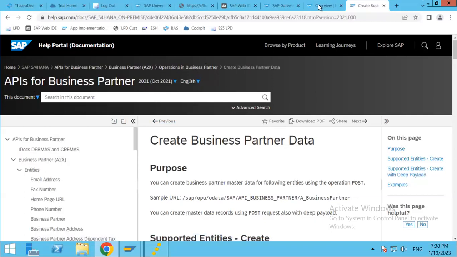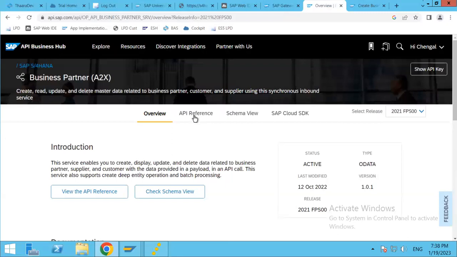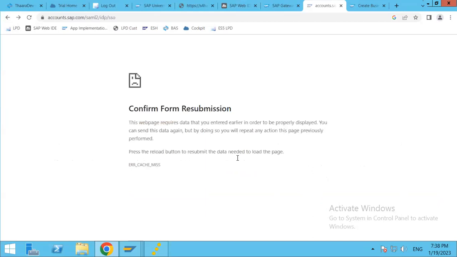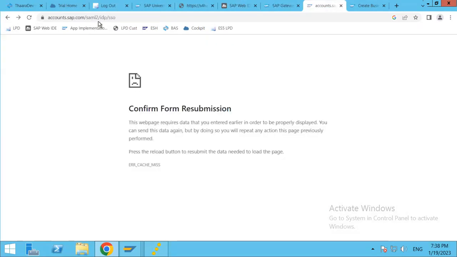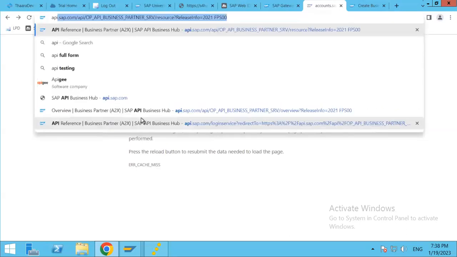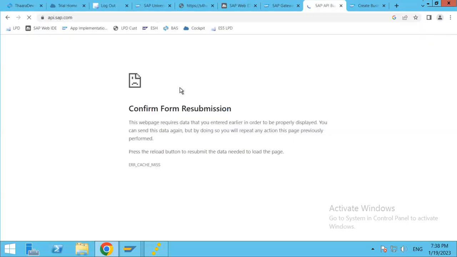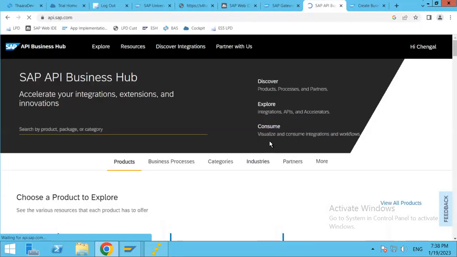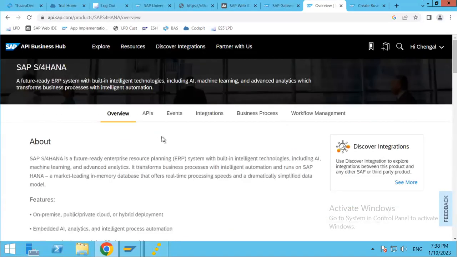Okay, so that is what is in the business documentation, and this is not only for business partner. We can, sorry, where is this one? Not this one. Okay, api.sap.com. Let's choose the product, S4HANA product, and